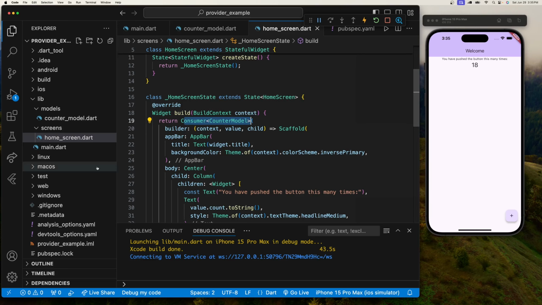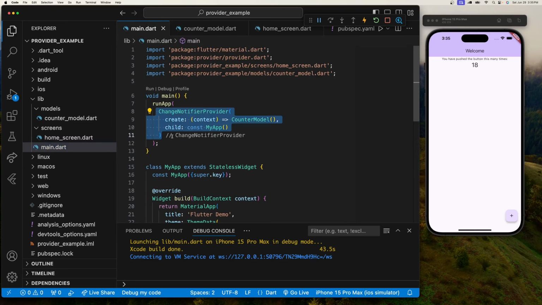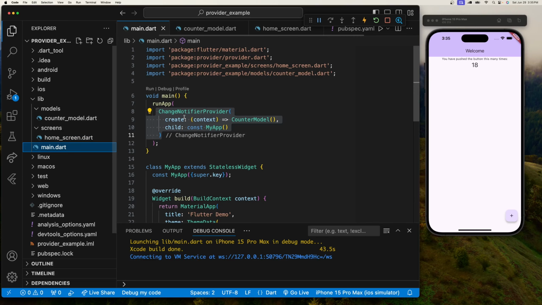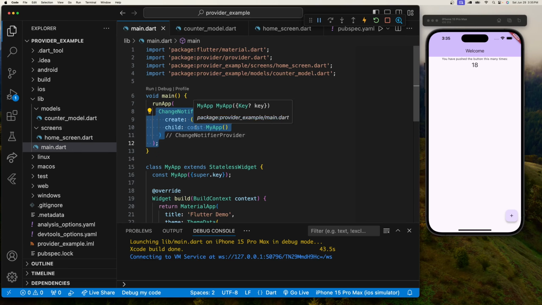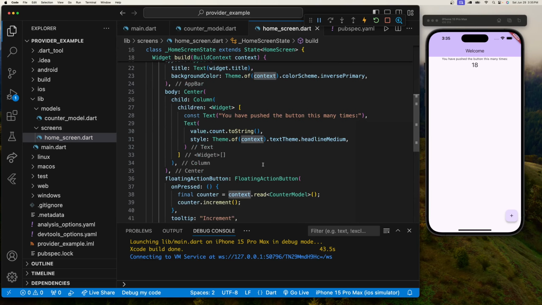So the counter model is what is seeing all the different changes that are happening on the application, and because we got consumer counter model and it's part of this change notifier, it's also seeing which one has this counter model attached to it, and based on the context, we are able to then